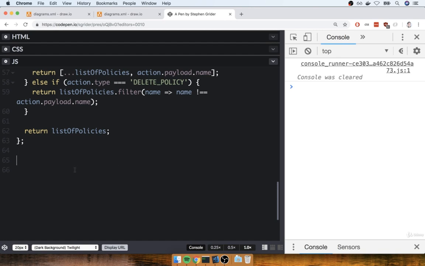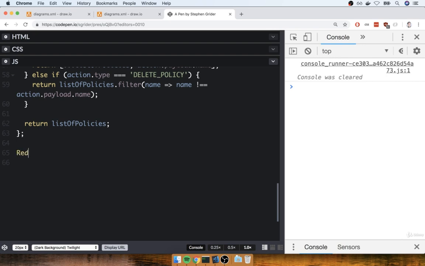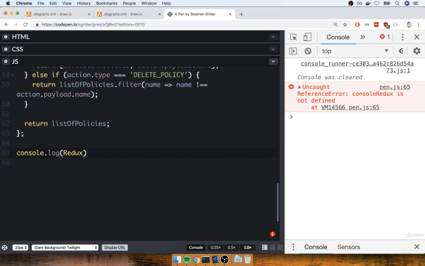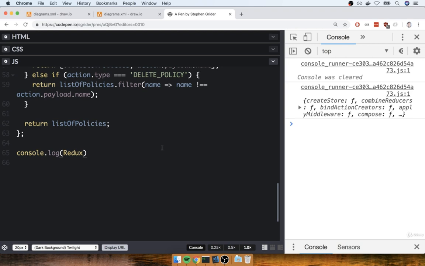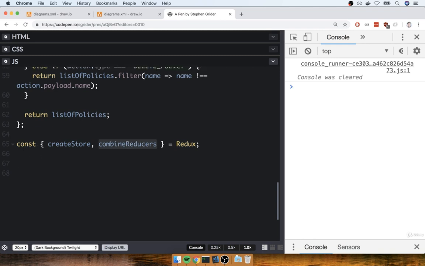So, at the bottom of this file, I'm going to take the Redux library. Remember that we already added Redux into this CodePen project a little bit ago. So if you do a console log of Redux, you'll see that we've got the Redux library right here. We're going to pull off 2 specific functions from the library called createStore and combineReducers. And that's going to come from Redux. So now to wire together all of our reducers, we're going to use this combineReducers function. I'll tell you exactly what that thing is doing in just a minute.